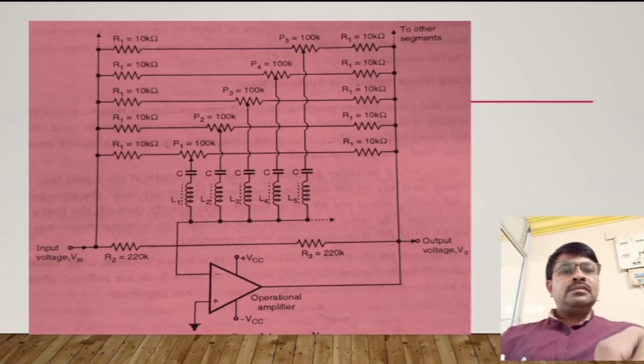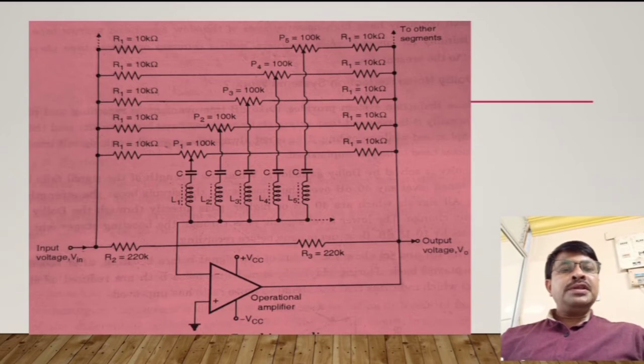In the exam, a 4 marks question may be asked: draw the graphic equalizer circuit. Here in this diagram I am showing the 5 bands: 1, 2, 3, 4, 5. In the exam a question may be asked, draw the 7 band equalizer circuit. For that you have to connect 2 additional bands. In this circuit, this is the operational amplifier that is used as the amplifier circuit. This is the audio signal input. This is the final output signal and these are the filter circuits.